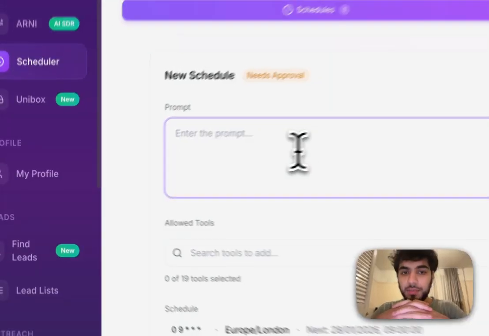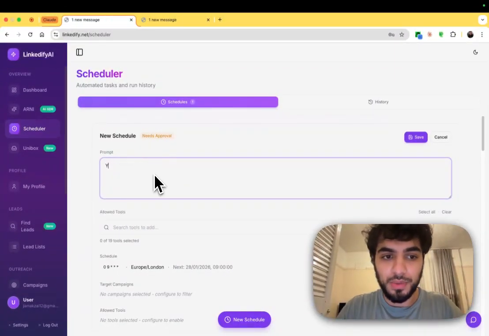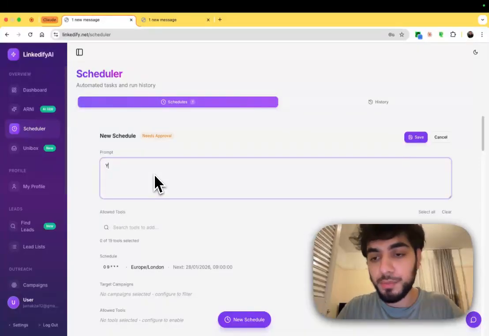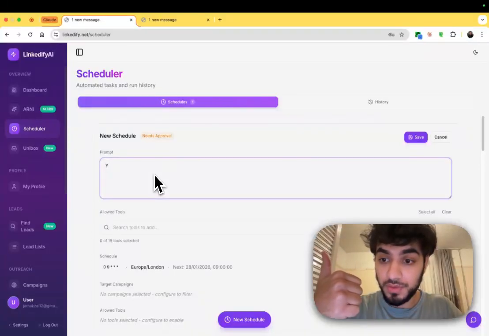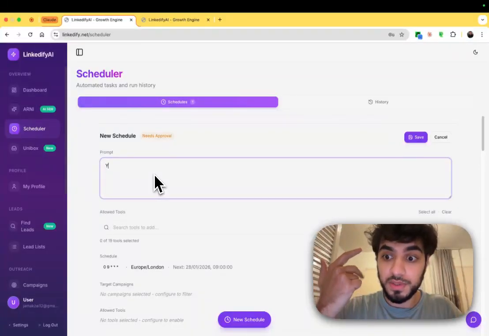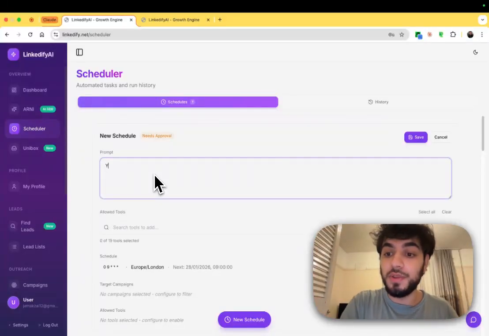So to actually set up lead reactivation, to begin with, you want to make sure that you have a good prompt set up so that the AI agent, which is what this is, it's an AI agent that's going to use AI tools and call different tools, call different APIs to actually respond to the lead in the manner that